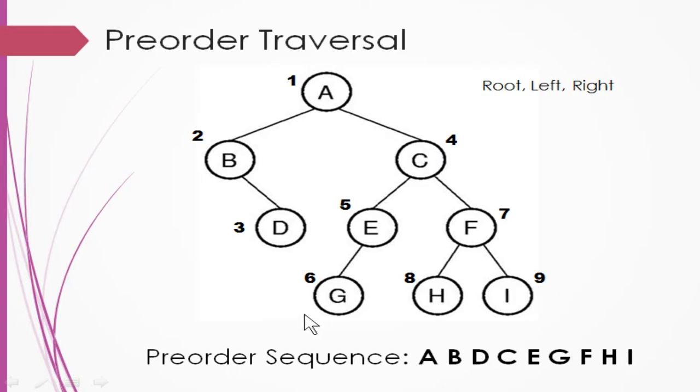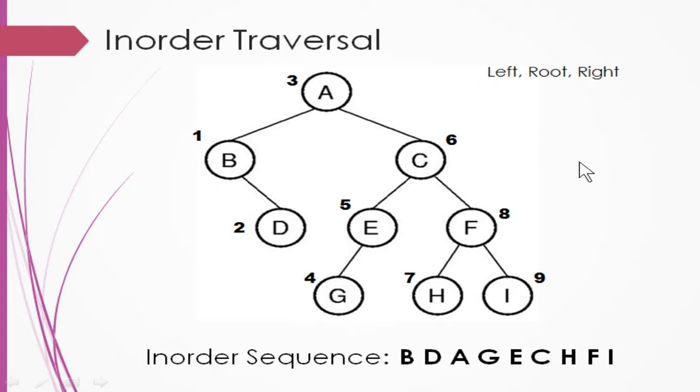So this is how you are going to visit in pre-order traversal. So this is the pre-order sequence that is given. So you can go through it again and see how it works. Now in-order traversal, first you have to visit the left nodes and then root and then finally right. So you have got a root here, you have to immediately go to the left.